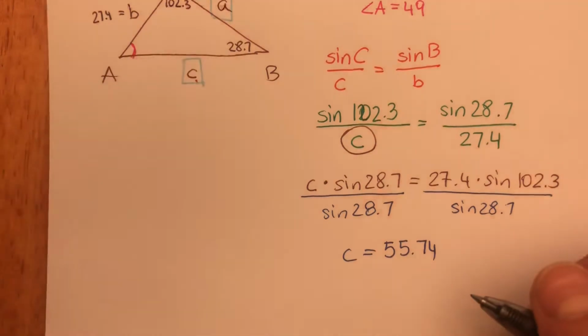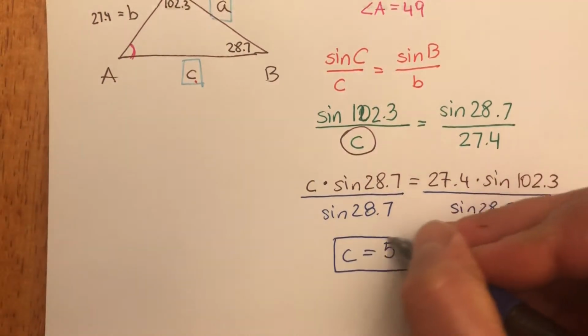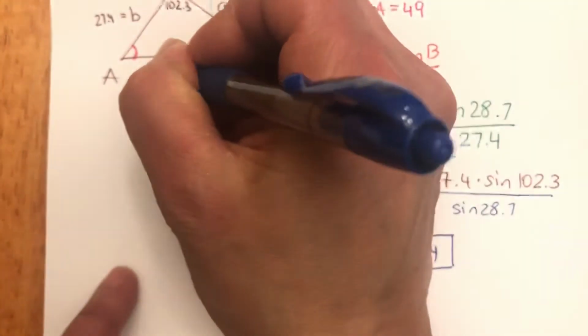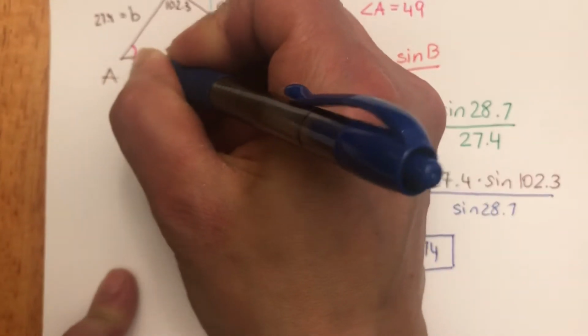All right, I will take this as my answer. And notice that I am not done. I still have to find A, and I think the best way is to use the laws of sines again. So here we go. We now know that this is